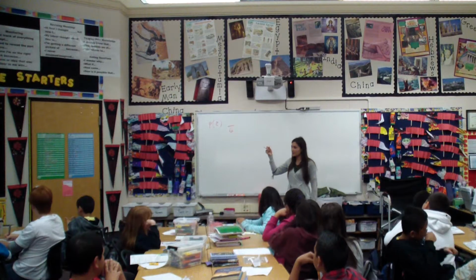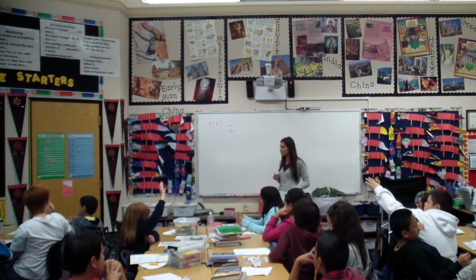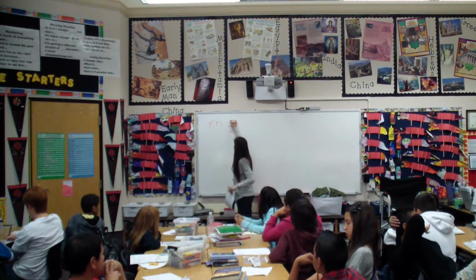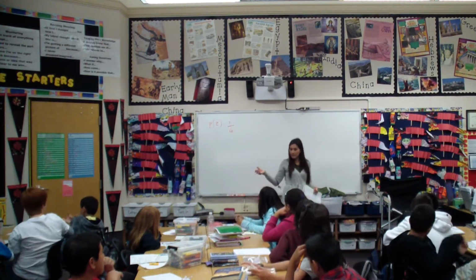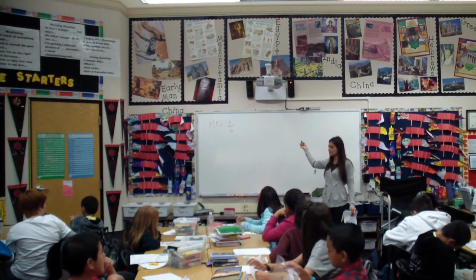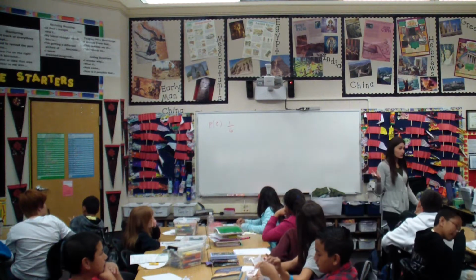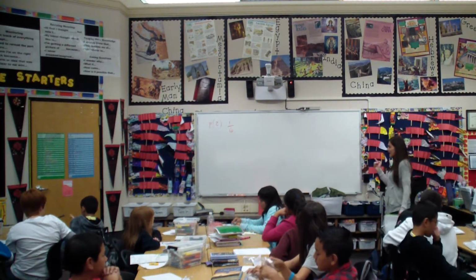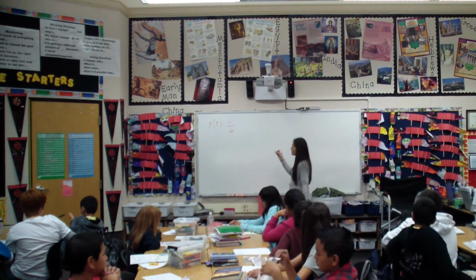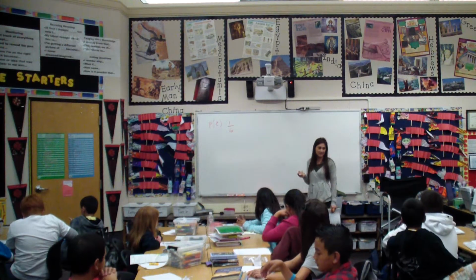What's the top number going to be? 2. Hands, please. Kaylee? 1. The possible outcome, right? There's only one number 2, unless you have a crazy Vegas dice or something like that, but there's only one number 2 on a die. So your fraction, your probability of rolling a 2 on a number die is 1 out of 6.